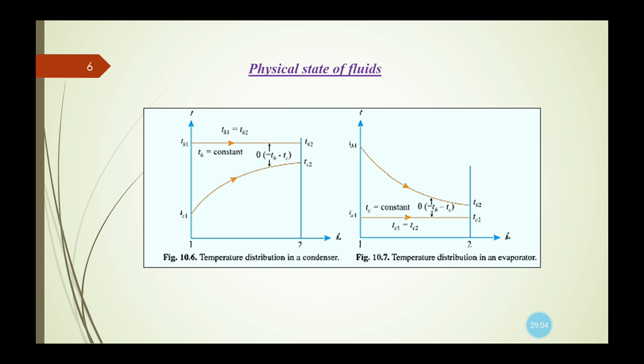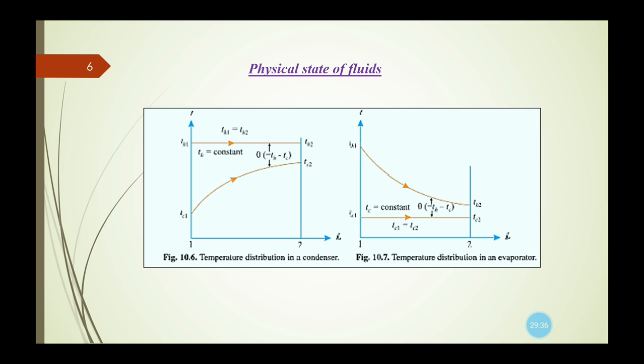So the opposite actually happens in the case of a boiler. What happens in the case of a boiler, that is, the boiling fluid? In this diagram you can see that the cold fluid is at a uniform, constant temperature, and the temperature of the hot fluid gradually decreases from the inlet to the outlet. So Th1 to Th2, that is the inlet and outlet of the hot fluid in the case of the boiler.